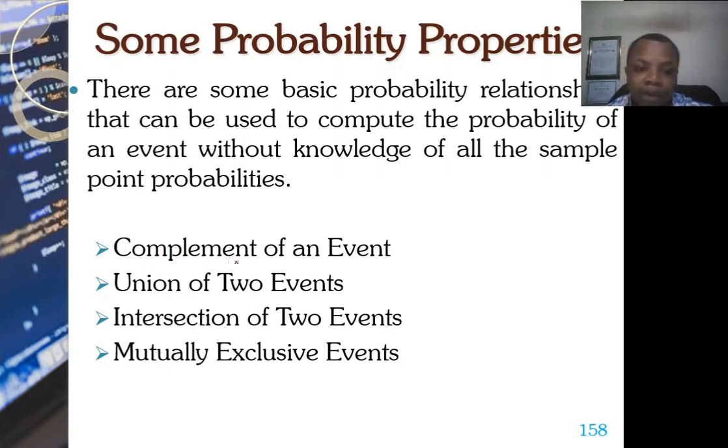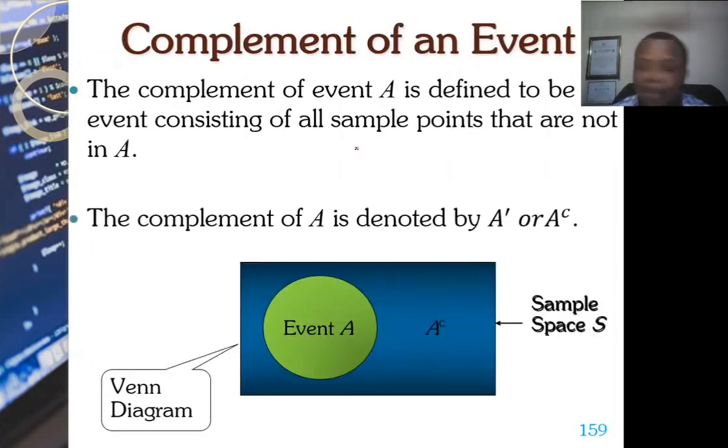Now we can think of the complement of an event. You can think of the union between two events, their intersection, as well as another thing called mutually exclusive events. We are going to look at all this. Now, once we talk about the complement of an event,